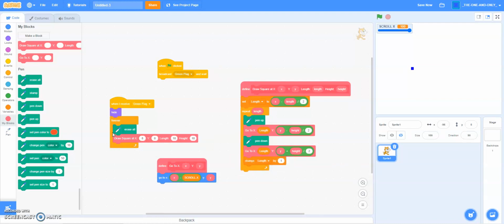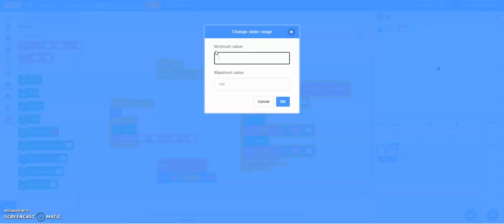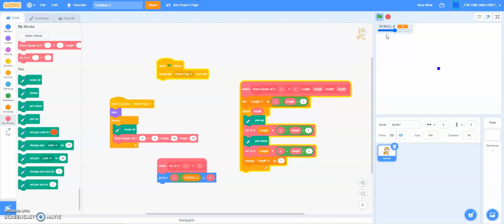And now, if you say go to x 0, 0, you'll find it's just the same. Now you can change the slider range, and if you say negative 100, then you can see a bit better example. So you can see go to the right, go to the left. It's all rather perfect. So